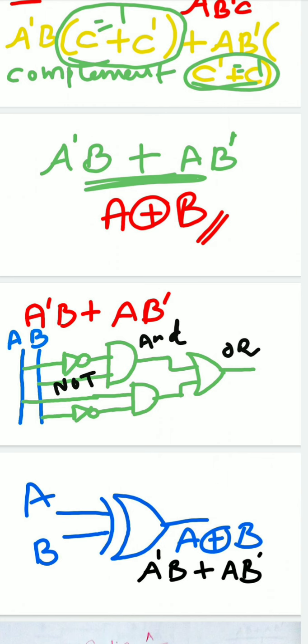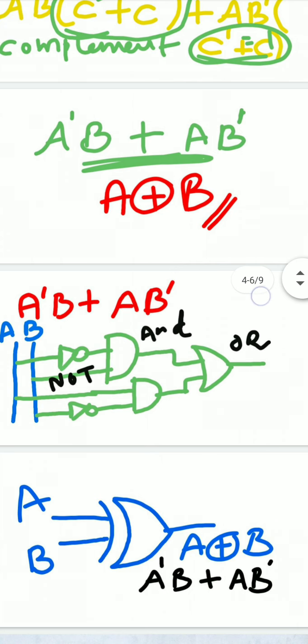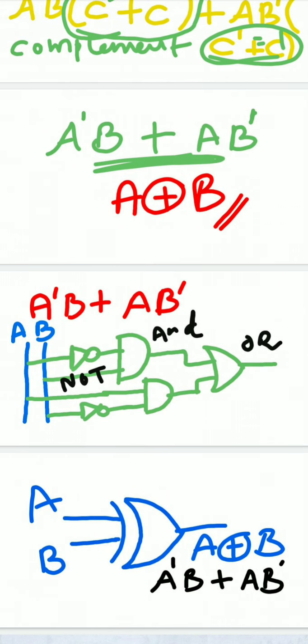In the question taken, they have clearly said you have to use AND, OR and NOT gate. So I am taking the first form, A dash B plus AB dash. Now tell me how many AND gates and how many OR gates are required. Here there are two product terms, so I need two AND gates and one OR gate. Now look at this picture. Input lines A, B, A dash. A dash means it should be negated, so I have used one NOT gate, and similarly for B dash one NOT gate is used. For product terms AND gate is used. For summation OR gate is used.